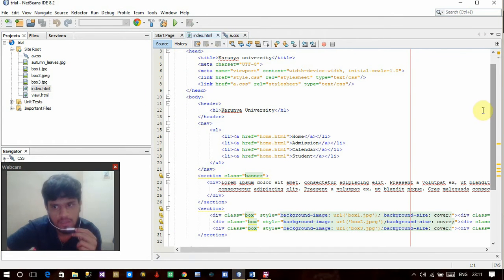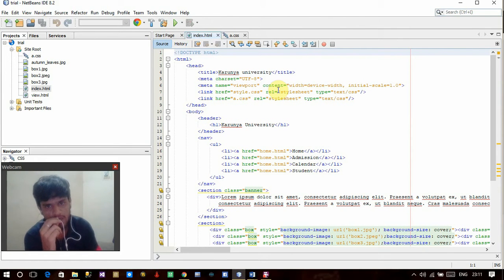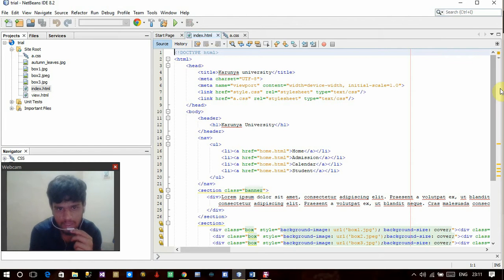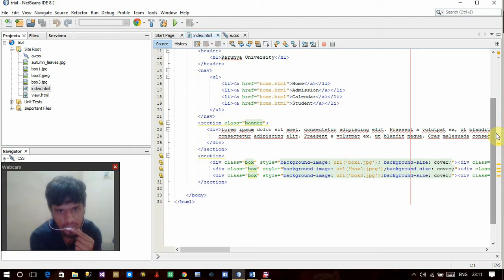in this you can see I've used an external style sheet. So I've given the link href equal to style.css, rel equal to stylesheet, type equal to text/css, and then I've put the following things in the list, that is home, admission, calendar and student. And then I've given this in an inline text because it will be mentioned in a continuous manner. And then I've created a section class called banner where I've given the text which is to be printed in